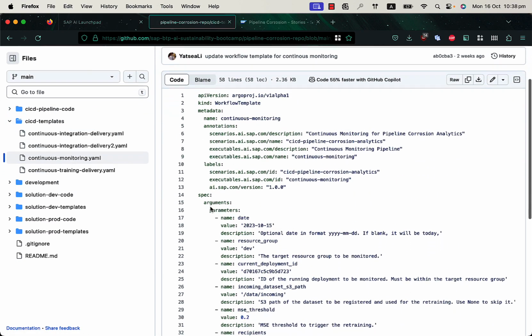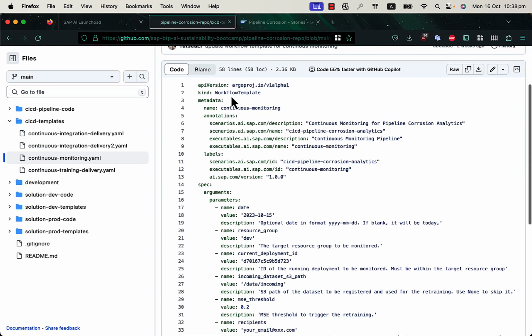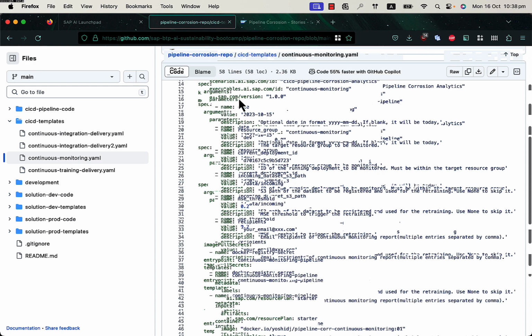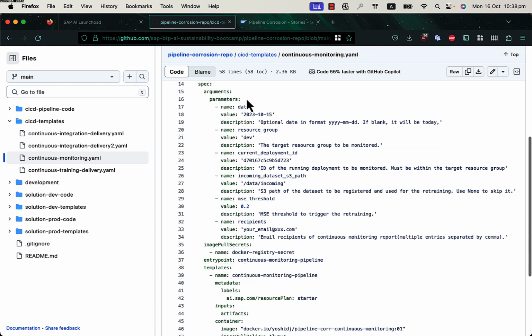As you can see here, it has been defined as an Argo workflow template, with the name continuous monitoring, and the description and the version. We have also defined some configurable input parameters which allow the end user to set values when running the continuous monitoring task, such as the target date when to run it, the target resource group, the target model deployment ID, and the prefix of an incoming dataset in the S3 bucket,